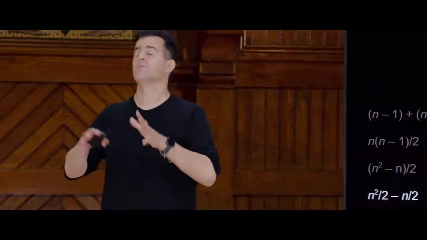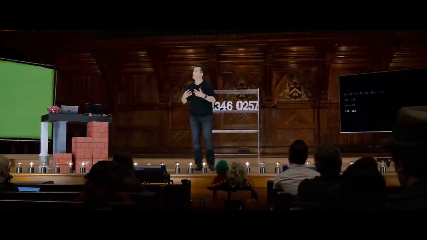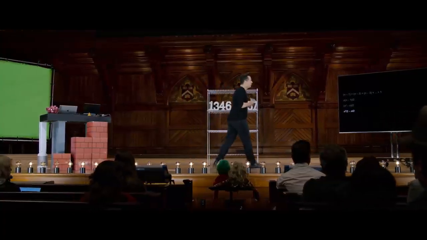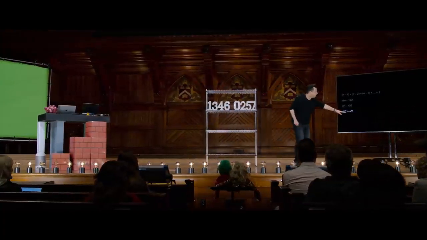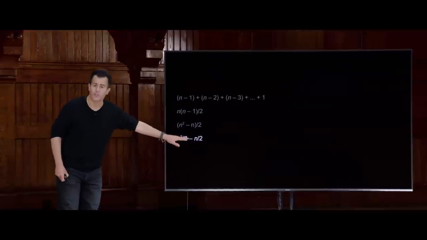But here's where asymptotic notation is our friend. I don't really care at the end of the day precisely how many steps selection sort takes. I want to know on the order of how many steps it takes. Why? Because again, I might have a fast computer or a slow computer. What I really care about is when n gets really big, what really impacts the performance of this algorithm?